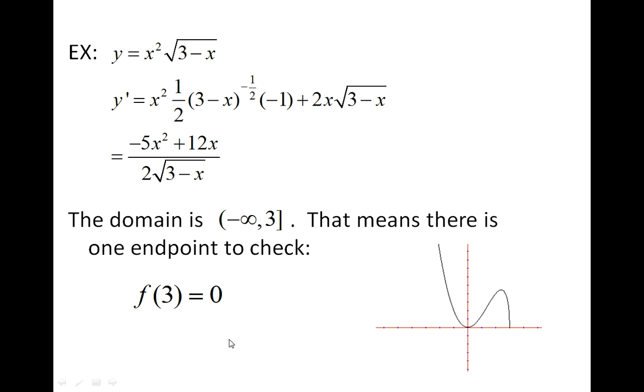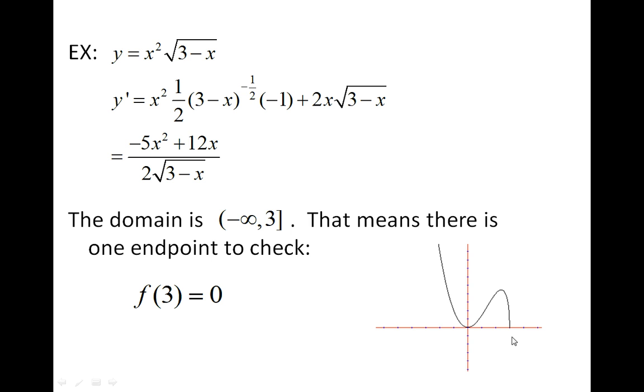I guess I should have made that more clear on this slide, but 3 itself gives you a 0. Oh, you know what? I take it back. I'm looking at the derivative. If you look at the original function, 3 is in the domain of the original function. I'm sorry, you guys. So 3 is in the domain of the original function. It is allowed, so it is considered an endpoint, and I do want to check it. And so I did plug it in to my equation, and I got a height of 0, which you can